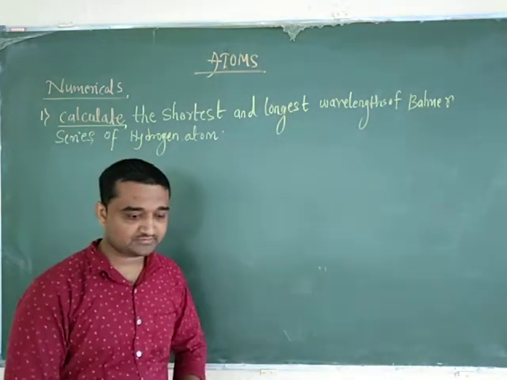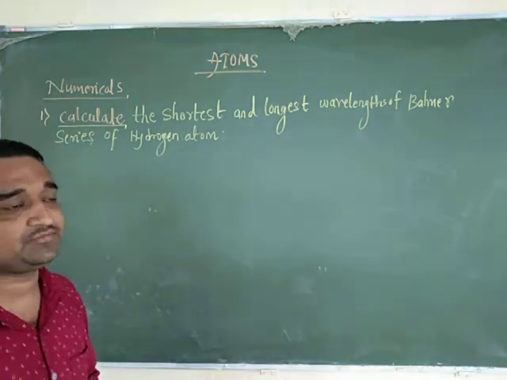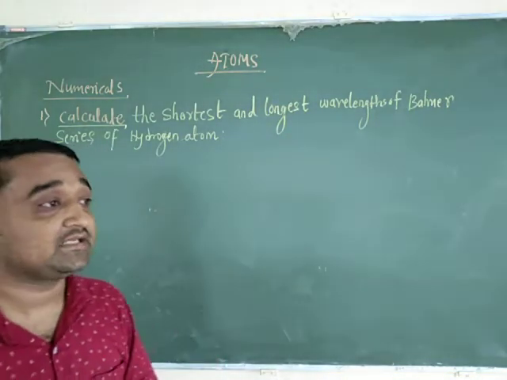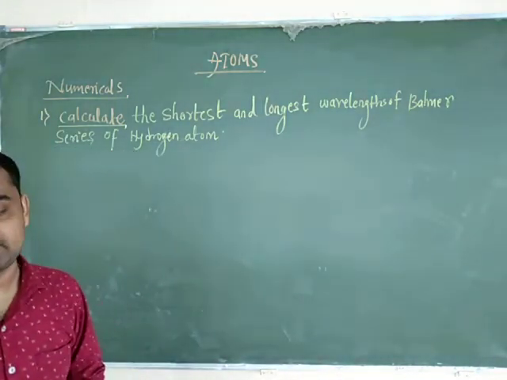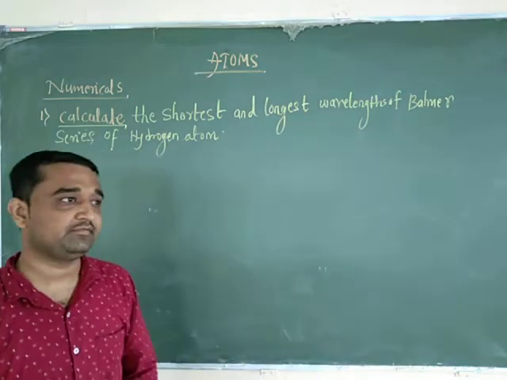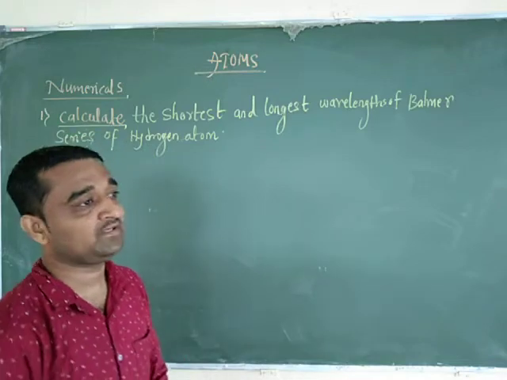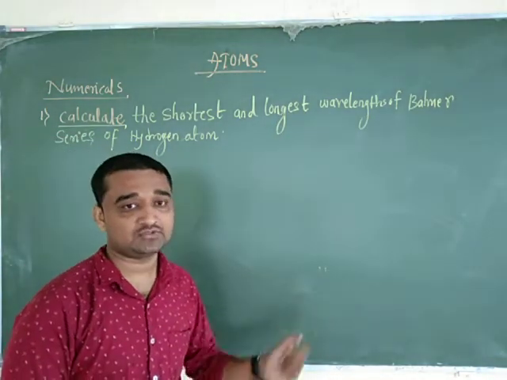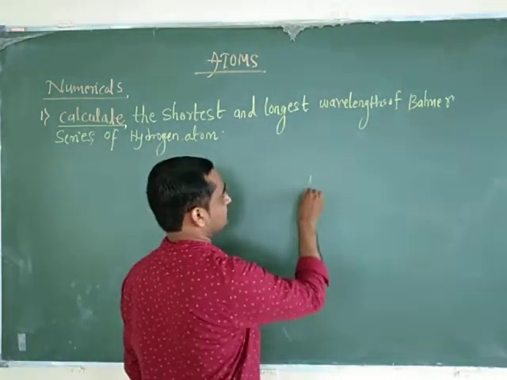So in the previous class we discussed the chapter Atoms. We discussed the energy level diagram of the hydrogen atom and the spectral series of the hydrogen atom, and one important point: we derived the expression for the wave number of emitted light in a spectral series of the hydrogen atom, which is also called the Rydberg formula, that is 1 by lambda